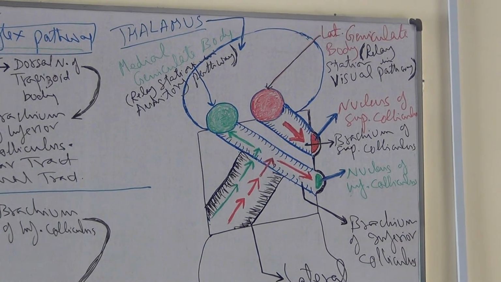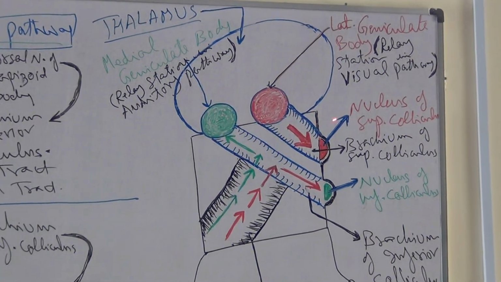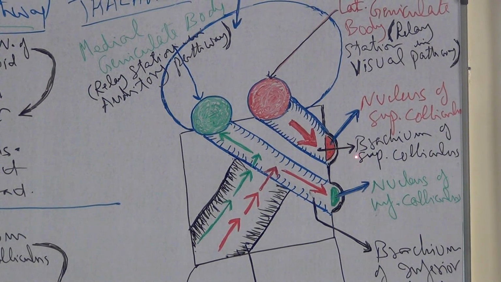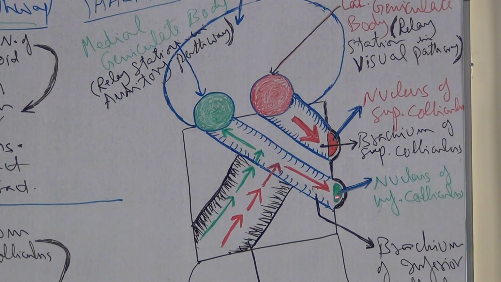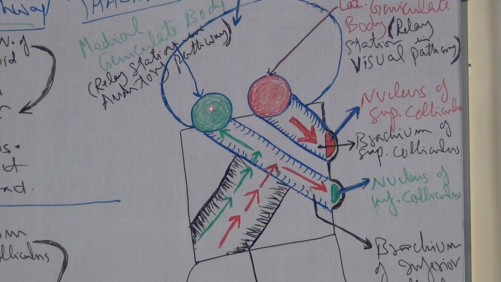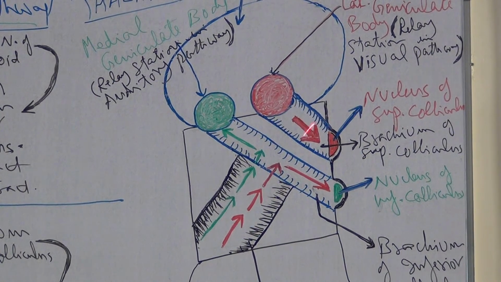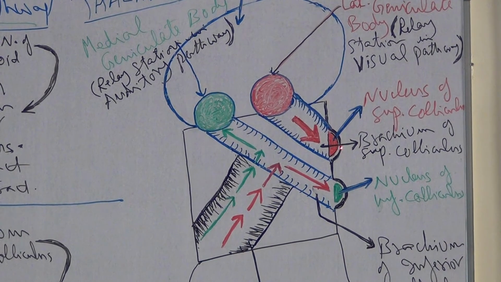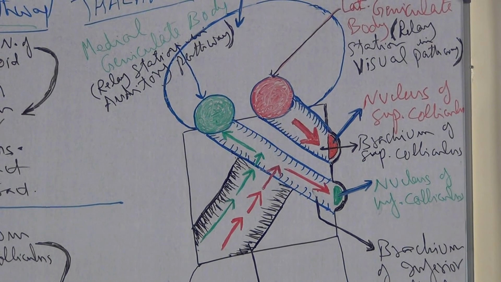So, our main focus of lecture is the internal features of the nucleus of superior colliculus, brachium of superior colliculus, lateral geniculate body, then inferior colliculus, then brachium of the inferior colliculus, medial geniculate body, and lateral lemniscus. There is structural difference between all these. So externally it appears that the superior colliculus is in connection with the lateral geniculate body through brachium of superior colliculus, but it is not so.